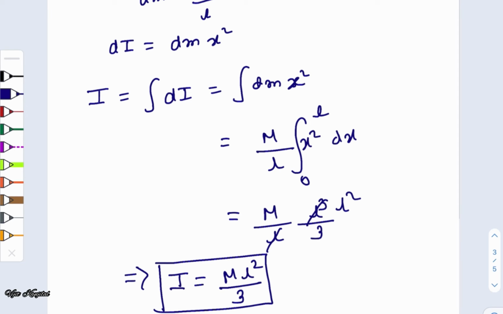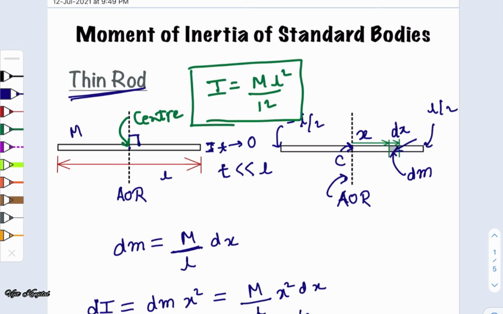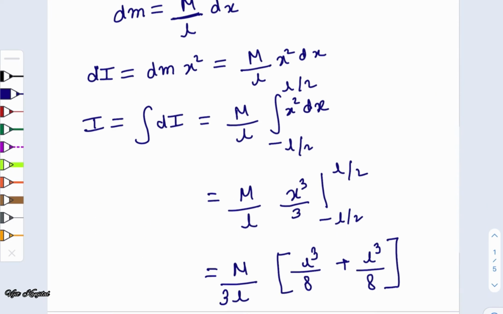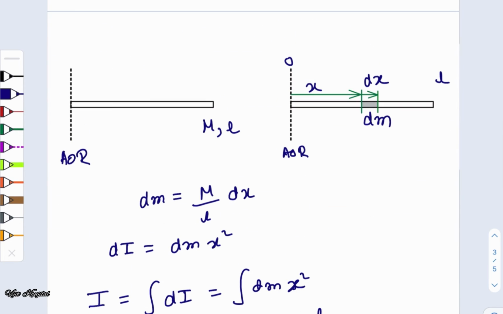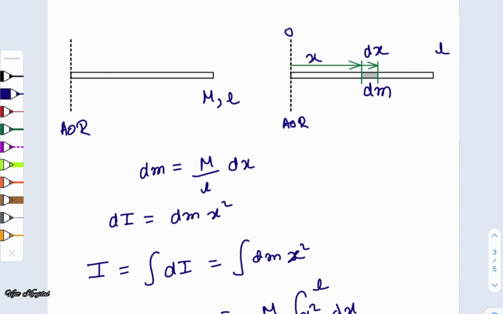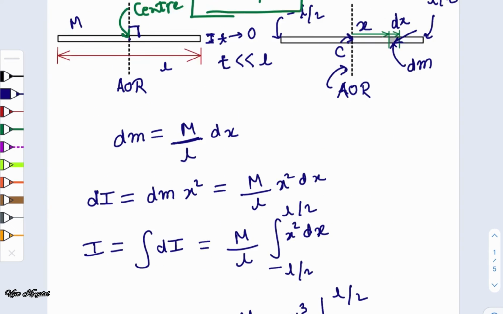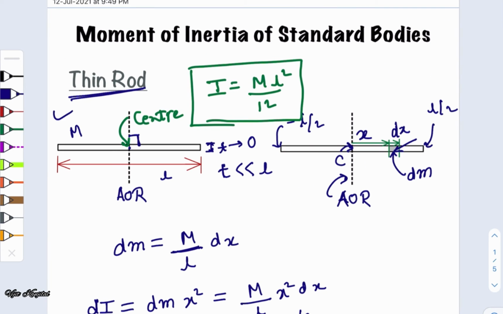So the moment of inertia in the previous case, where the axis of rotation was passing through the center, was given by ml square by 12, and in this particular case it is given as ml square by 3. So in this case the moment of inertia of the rod has increased. That's why we can conclude that if the axis of rotation of the rod is passing through its center,